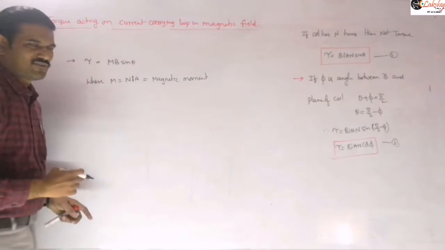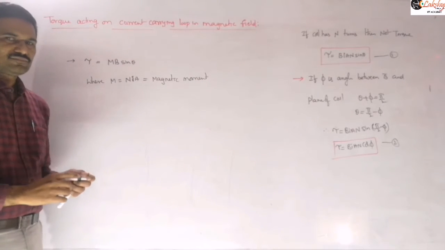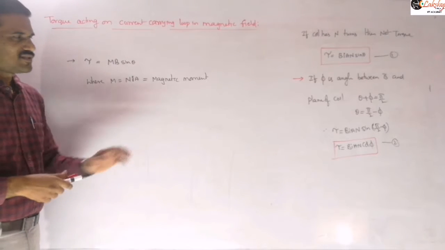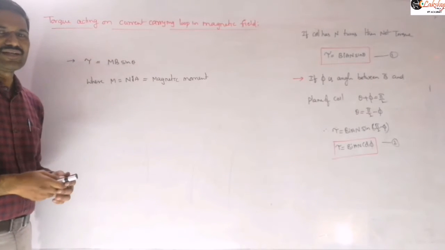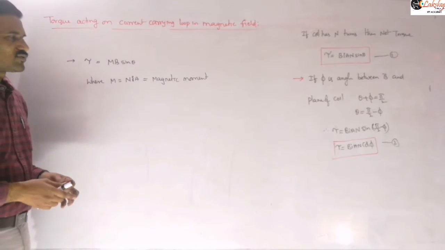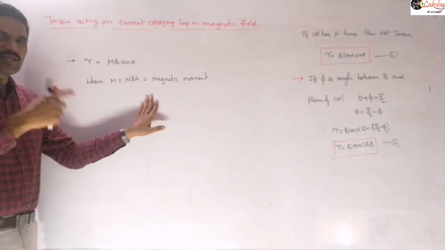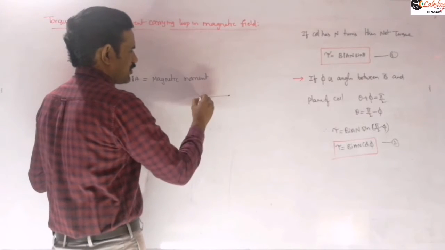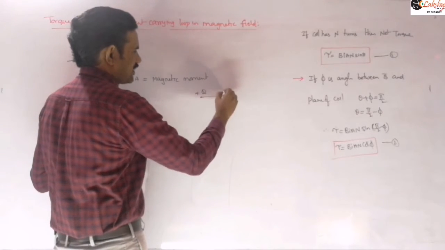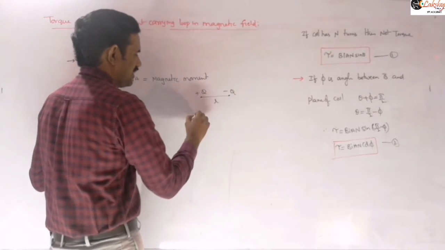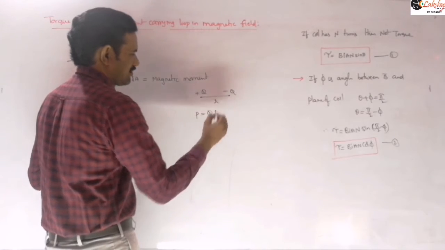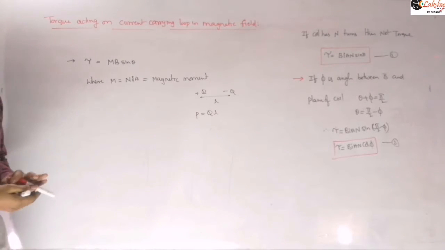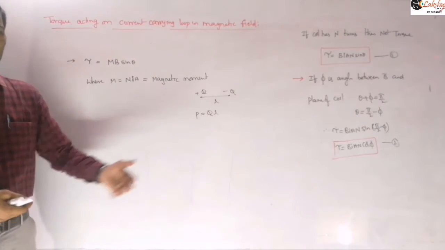So there is importance for this magnetic moment here. This is similar to our electric dipole moment. This is the magnetic moment, or we can also call it the magnetic dipole moment. Electric dipole moment means positive and negative charges are separated by a distance, say L, and the electric dipole moment is given by Q into L. So that is the electric dipole moment.